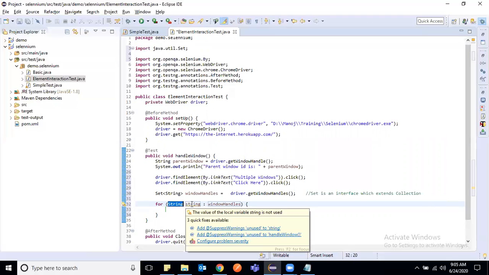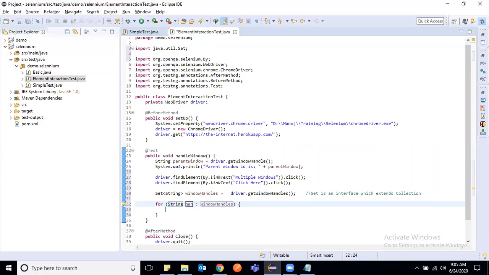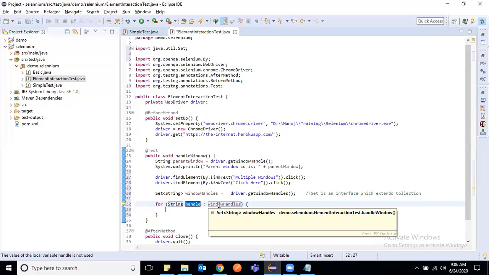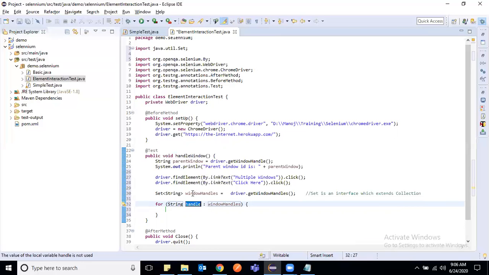I can say this as handle. This is the set, and in the set I have to go through each of the window handles one by one, so this handle is a variable which every time iterates through this window handles collection, and at a time it gives one window ID.